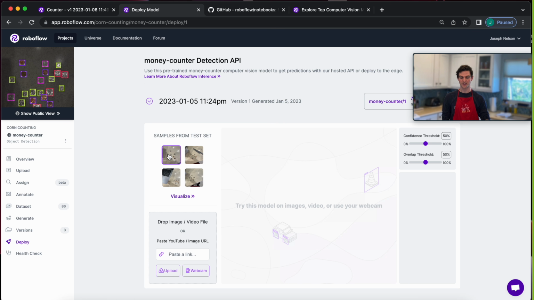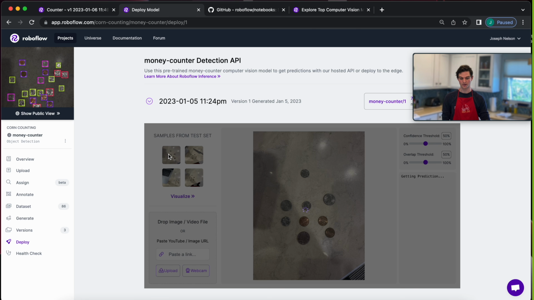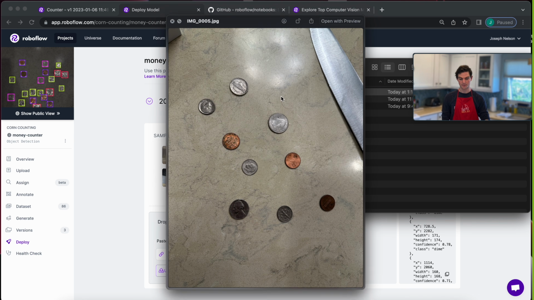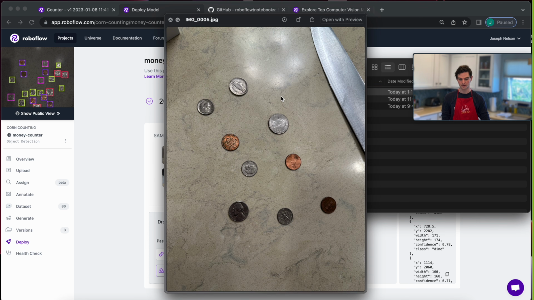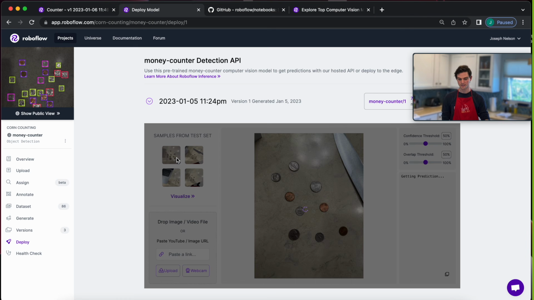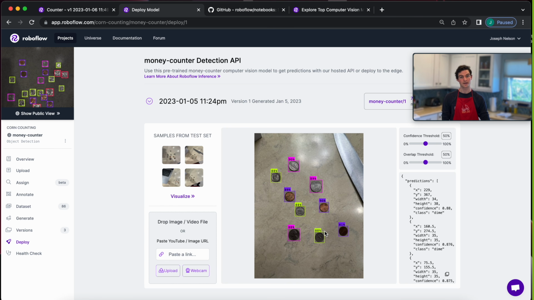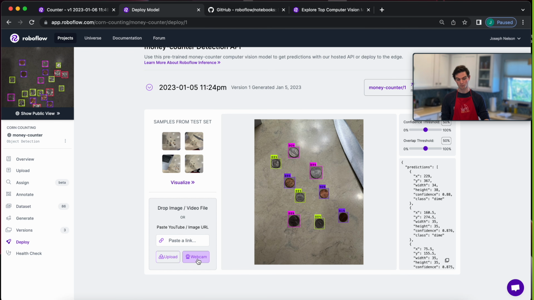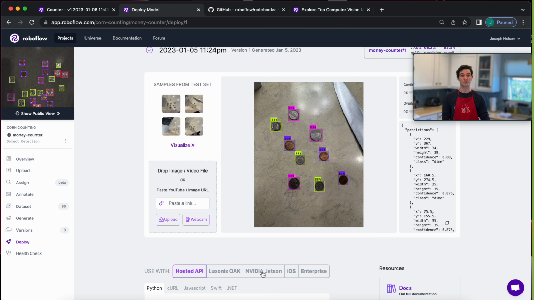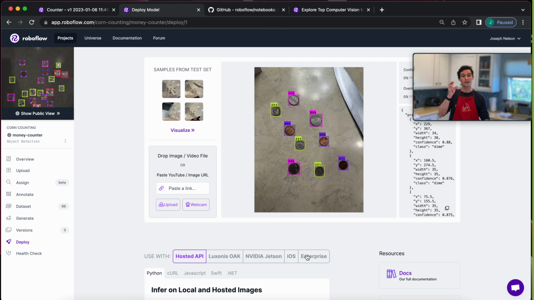We have examples available to us that our model has never seen before. In fact, I have an example image that the model has never seen before here on my local computer, and I can drop this in and see if the model finds those coins. And indeed it does. With the Deploy tab, I can also get ready to use my model in a wide array of ways. I could use it on a webcam, in real time, via API, deploy it to a Jetson, use it on iOS, or use it in my own Docker container and deploy that inside my own environment